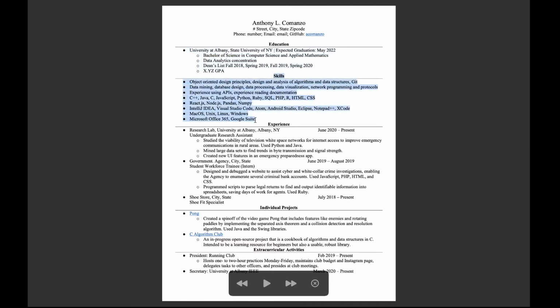So I want to start with the skills section. When I was making this, it was pretty much me vomiting everything that I've had, just so I could pass the resume screener. There's really not any structure to this, and I have a lot of technologies that I've touched but don't really know about. For example, C++. I've used C++ once, and I thought that was enough to put on my resume.